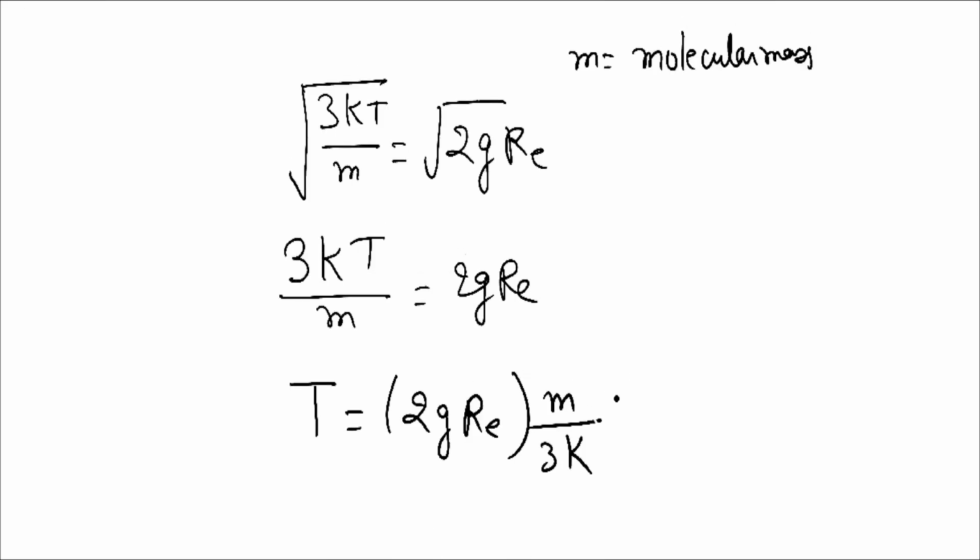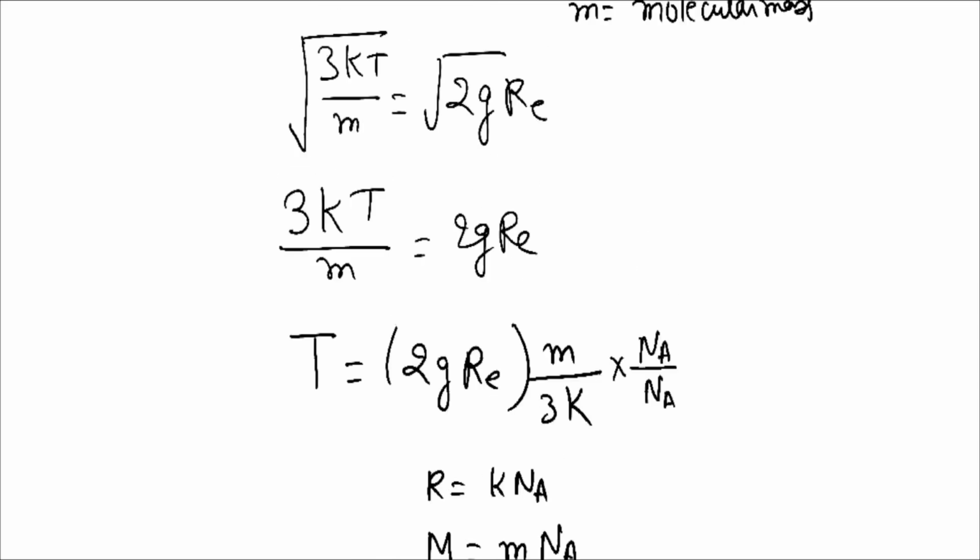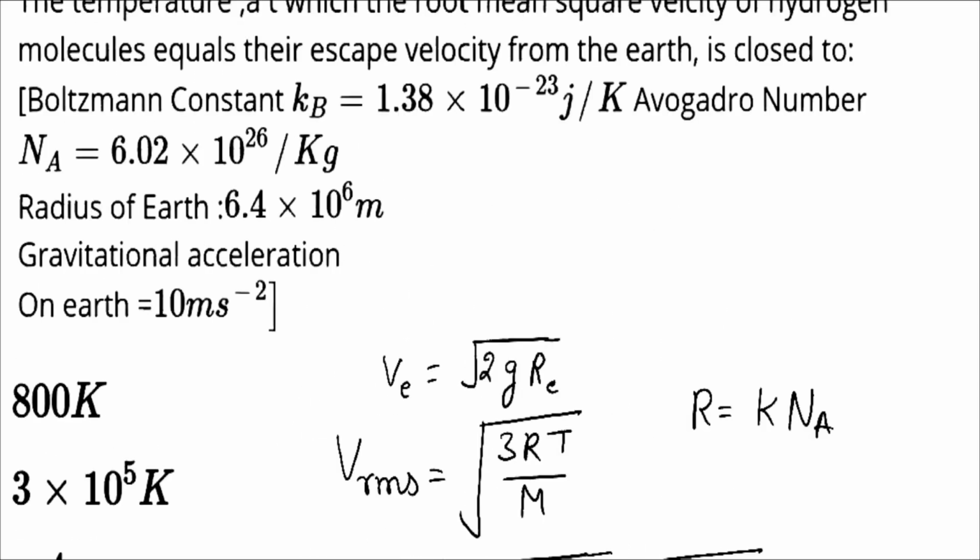Now I will multiply and divide with Na and Na, right? Now we know that R is Boltzmann constant times Na, and molar mass is molecular mass times Avogadro number Na. Now you can just put the value here. So 2 into g, we know that gravitational acceleration is 10, and if I talk about the radius of the earth, it is already given in the question. If you see, it is